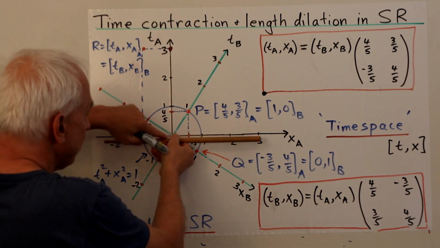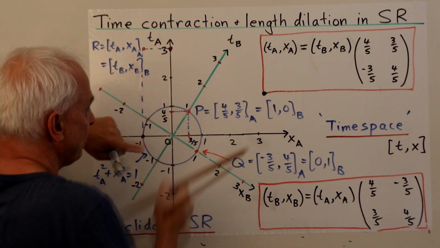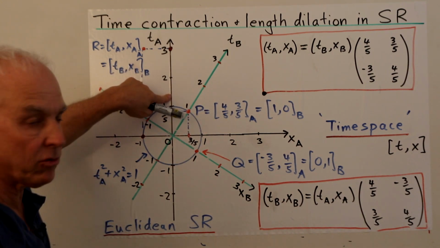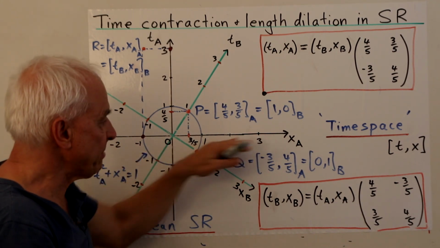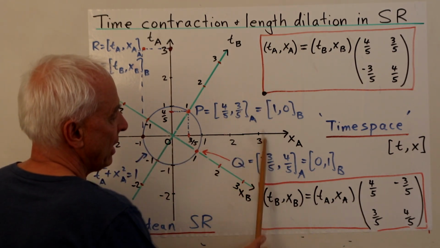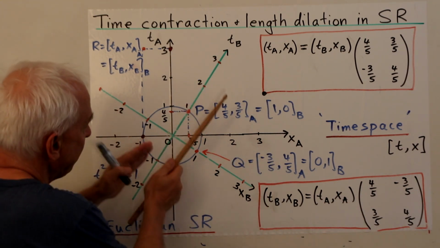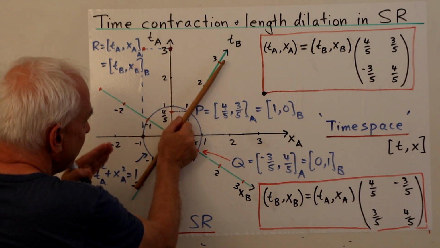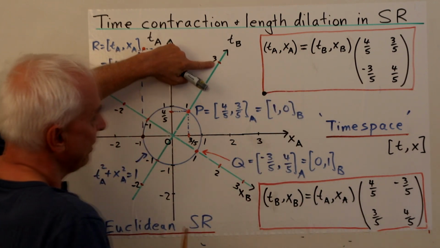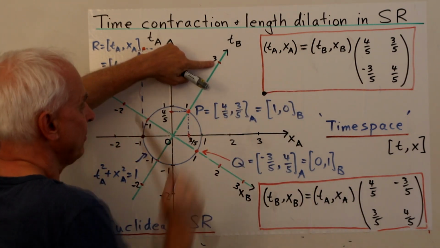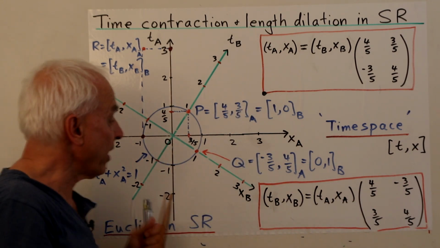Well, 0 tick, 1 tick, 2 tick. This will be somewhere between 1 tick and 2 ticks. It'll be 1, maybe 1.3. That will be the time coordinate for this thing here. This represents the spatial coordinate, which is the obvious thing, a little bit more than 3. And similarly, we have the same interpretation for B. This thing here would be pretty well a little bit less than 3 for the time with respect to B, and a little bit less than 2, the x-coordinate for the B frame.